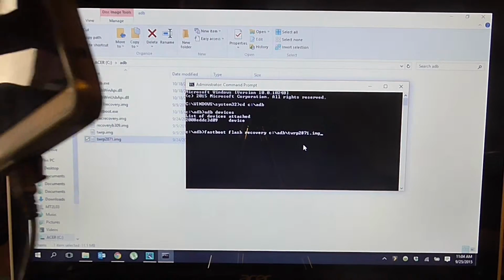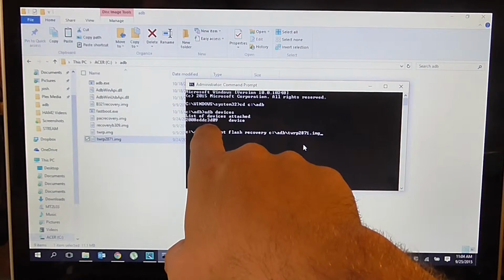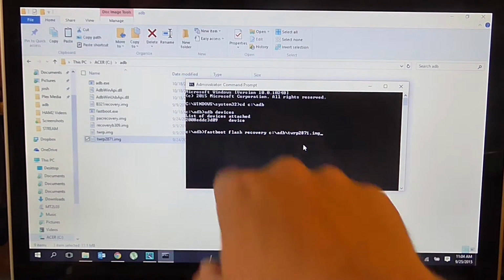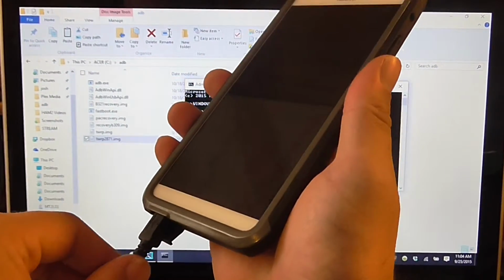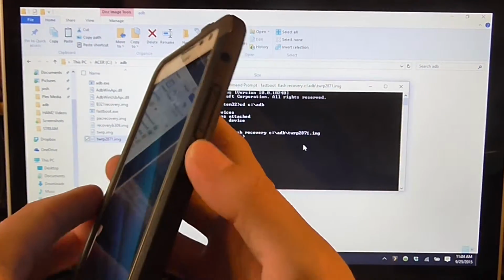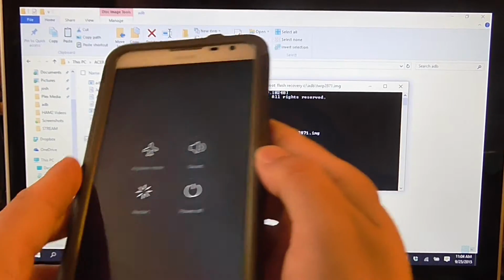Make sure your phone's plugged in and it's registering, and the way you can check again is adb devices, and you're going to want to click enter. It's going to want to say waiting for device. Okay. Now take your phone, unplug it, power the phone off,